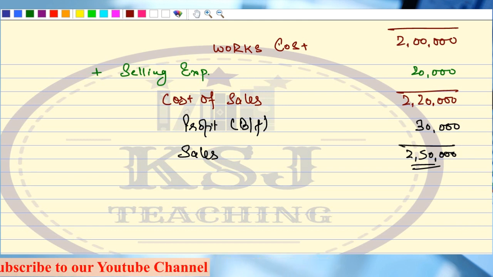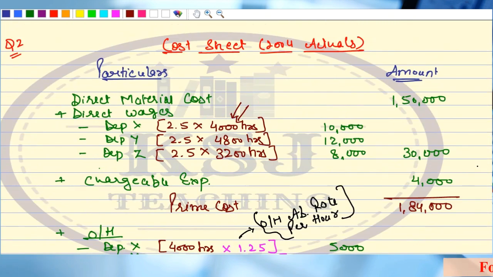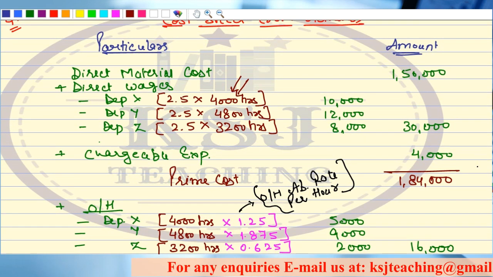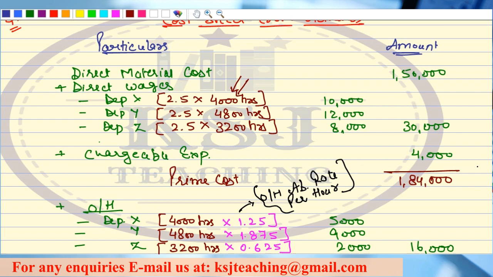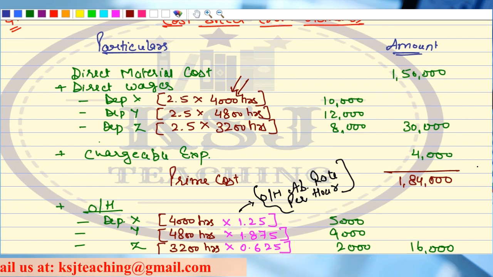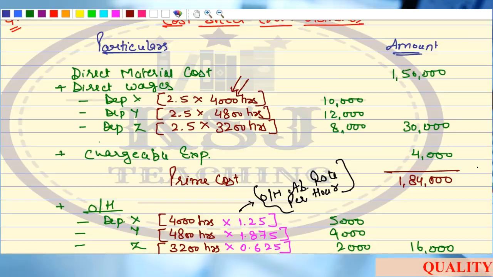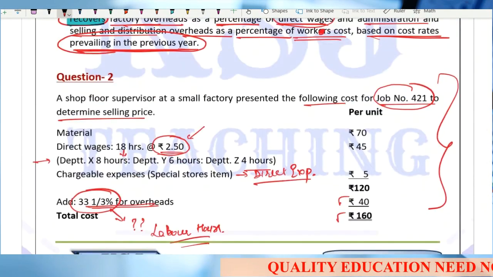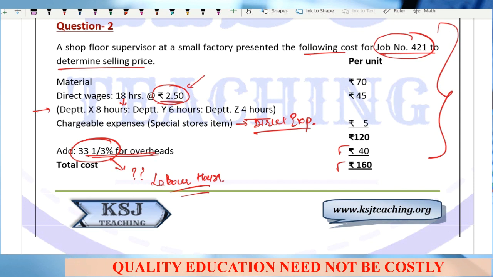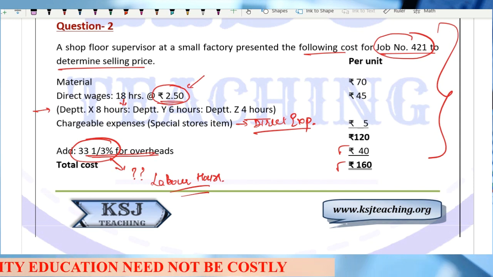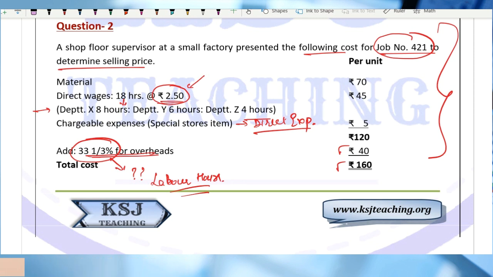Right? So this is the actual cost sheet that we have prepared on the basis of actual data. What is the most important part here is the calculation of hours and the calculation of overhead absorption rate per hour. That is very, very important. Now what you have to do is, the company says that you have to redraw this job cost sheet, this cost sheet that is provided by the shop floor supervisor. You have to identify what are the discrepancies in this and you have to redraw it.